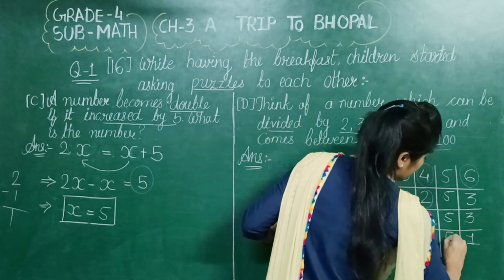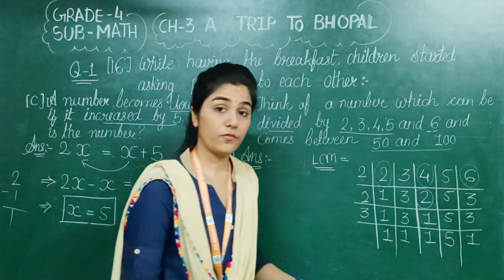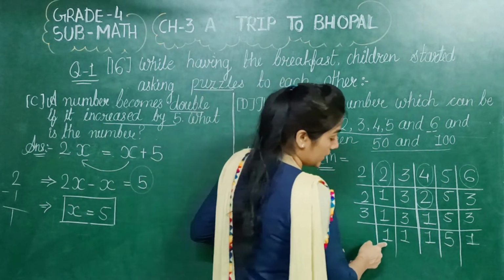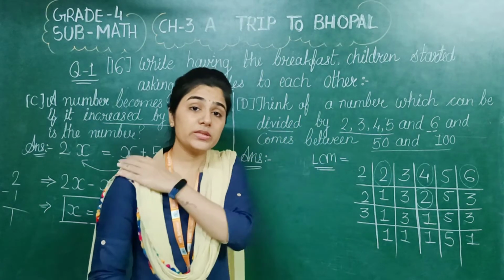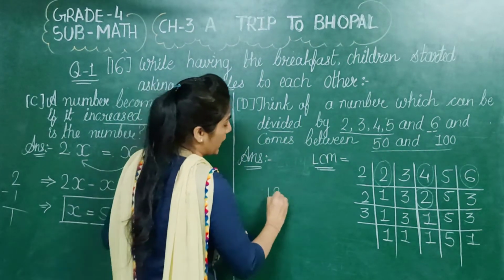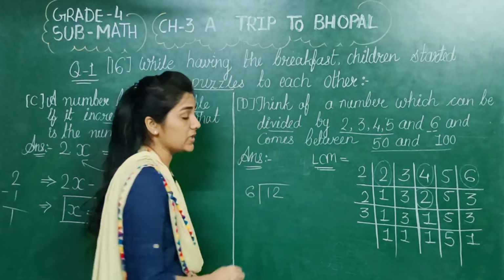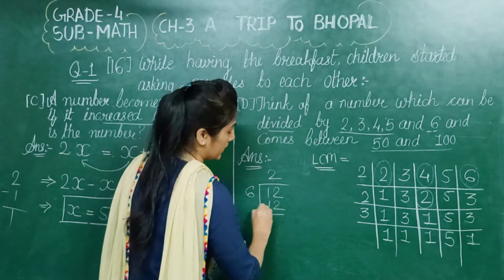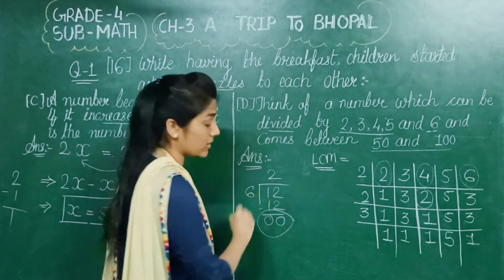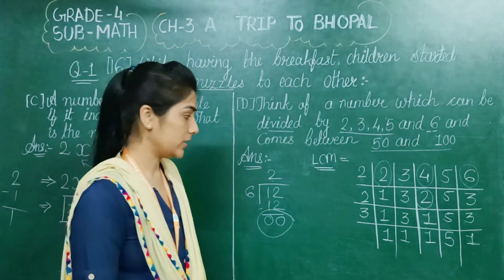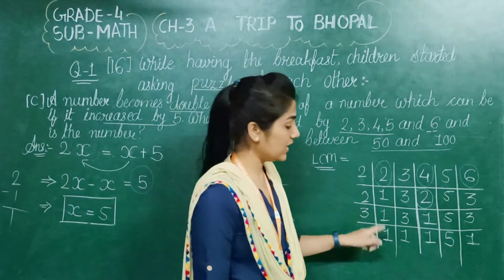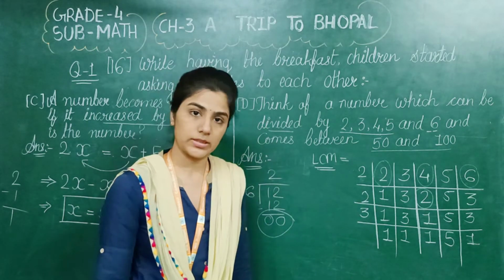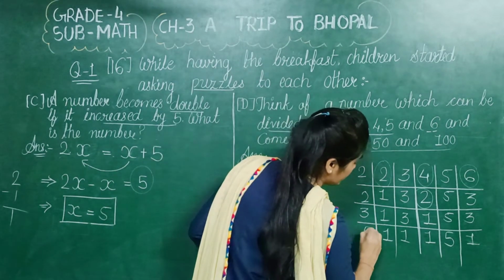But 5 we cannot divide with this 3. For that we need to apply the table of 5. As you are doing the division, suppose 12 is given and you are dividing with 6. So 12 is in the table of 6. 6 twos are 12, and as the remainder is coming 0. Similarly, in this kind of LCM, we use 5.